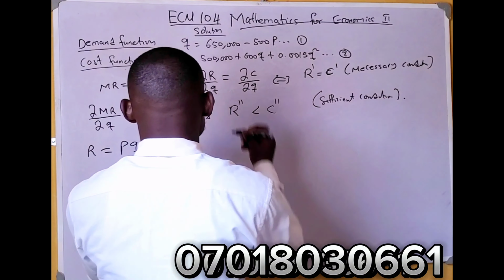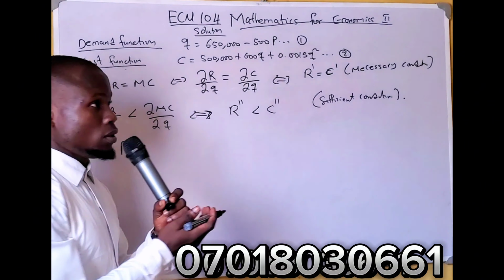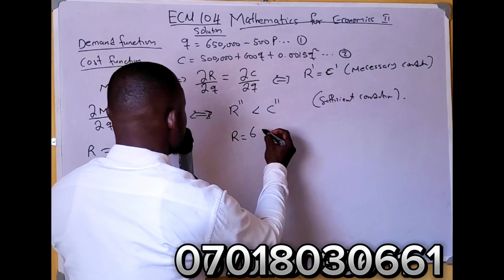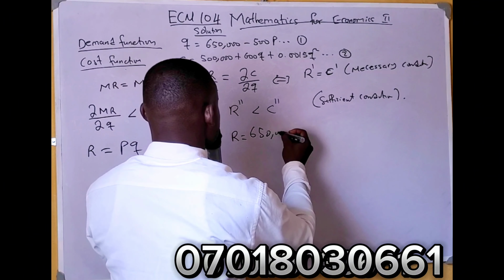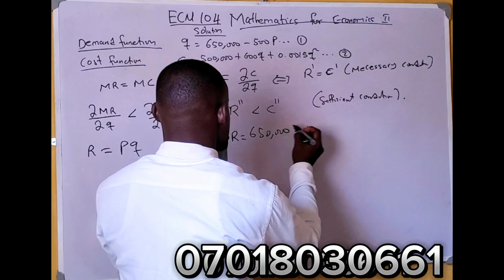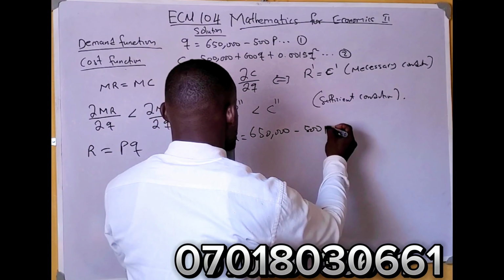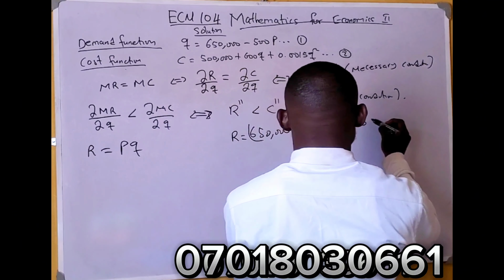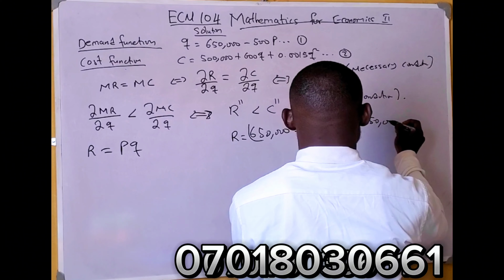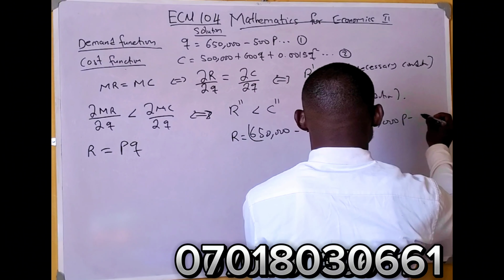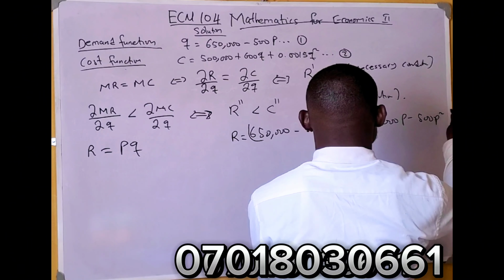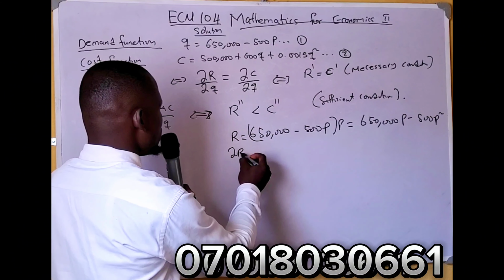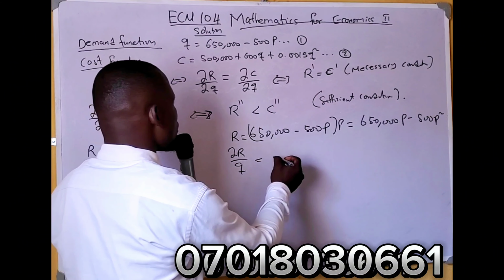If you take everything here and multiply it by P, your revenue will be equal to 650,000 minus 500 P, times P, which gives 650,000 P minus 500 P squared. Now, when you find the derivative of this with respect to Q,